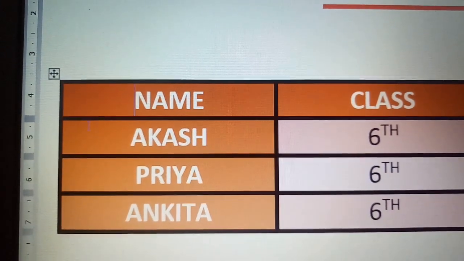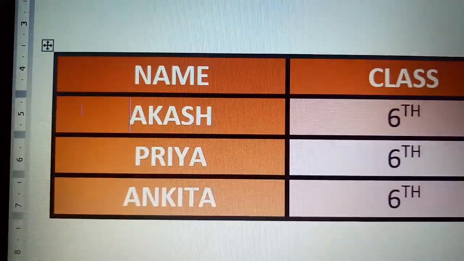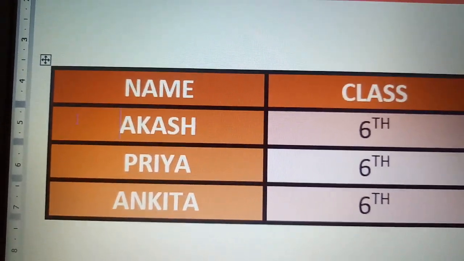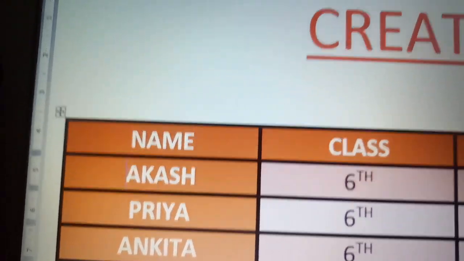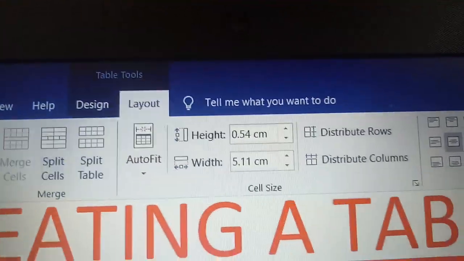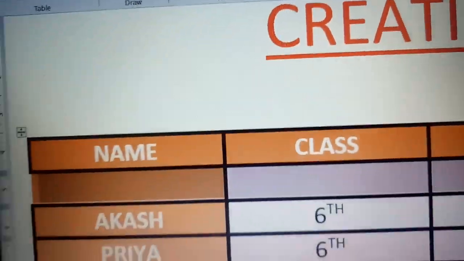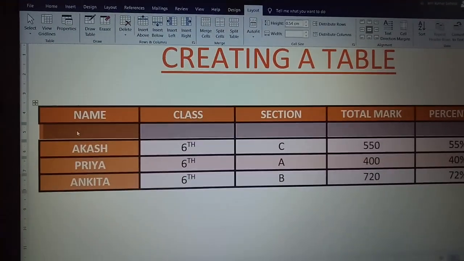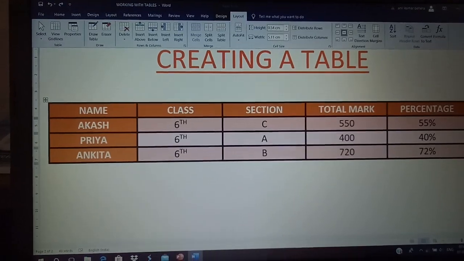Suppose I am clicking here in the second row, and I want a row to appear above the second row, between Name and Akash. I will go to Table Tools, Layout, and Insert Above. You see a new row is being inserted. Now let us cancel it.